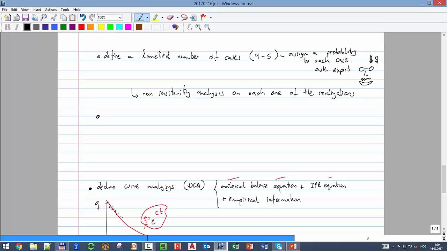So you run what they call a stochastic model, and compute the most likely outcome using Monte Carlo,